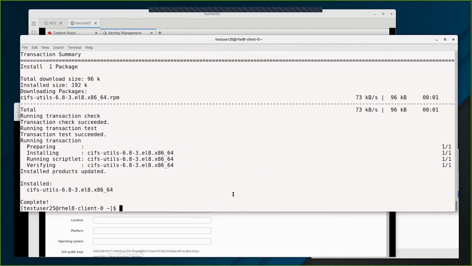And it never fails the second time. So sometimes it fails the first time. If it does fail, go ahead and run it again. All right, so now we're going to make a directory